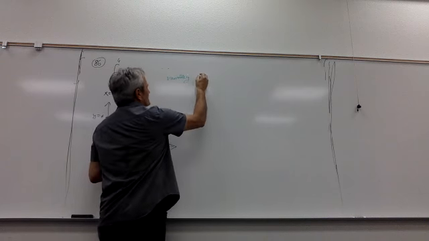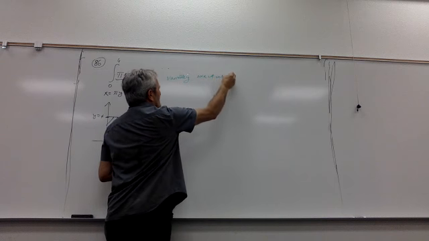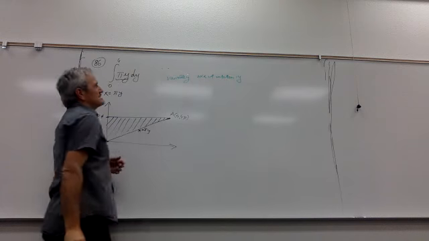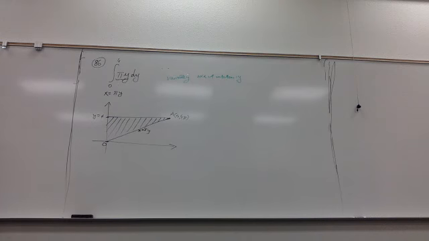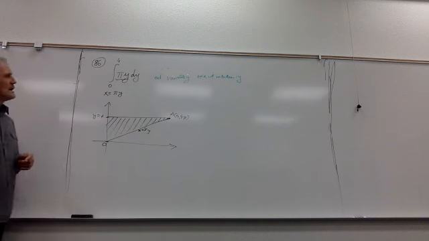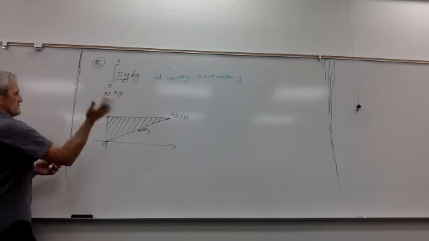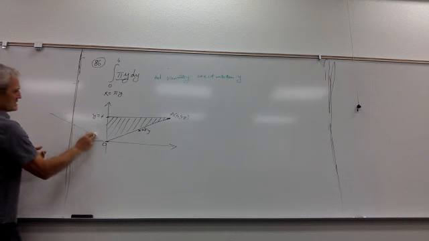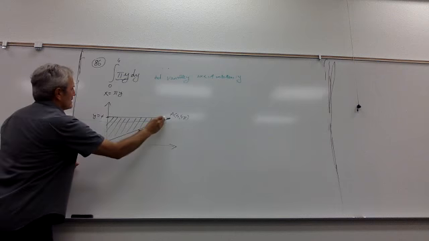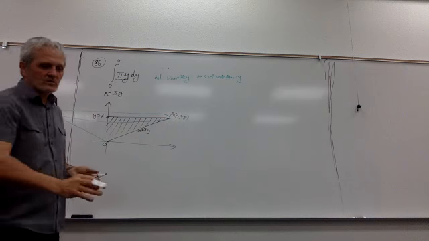What else? Axis of rotation is also y, that's the disk method. So if the independent variable is y and the axis of rotation is y, that will be the disk method. By the way, what will happen? This will go around, so you will get a cone. Like this. Can you see that cone when it rotates around? And there's the volume that you will get. So what is the formula then?